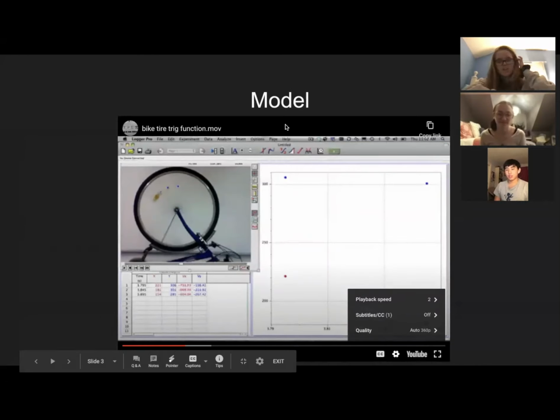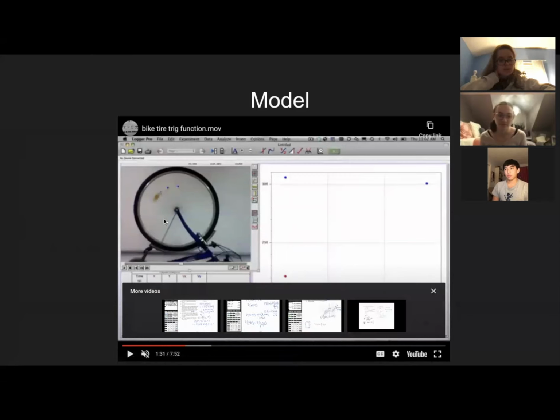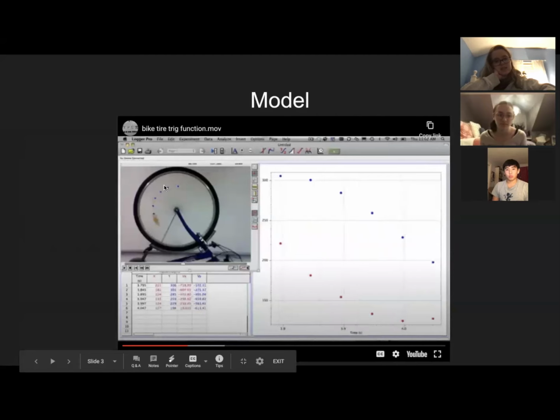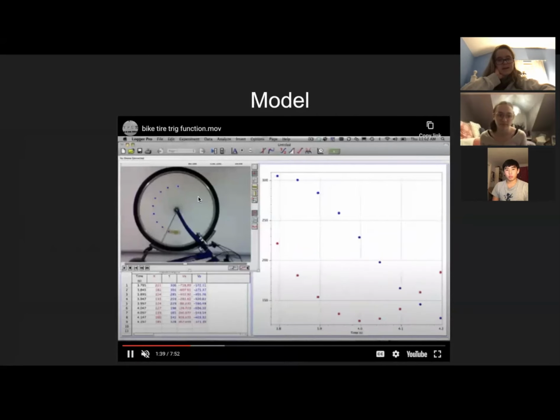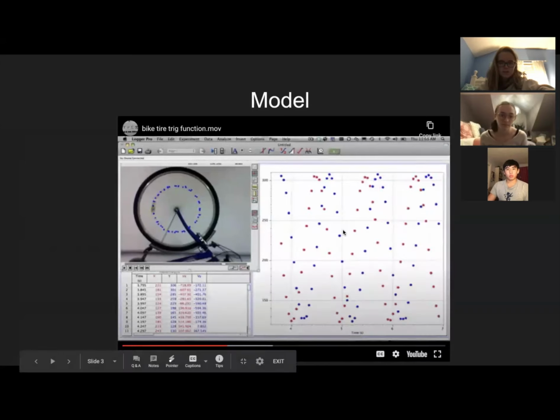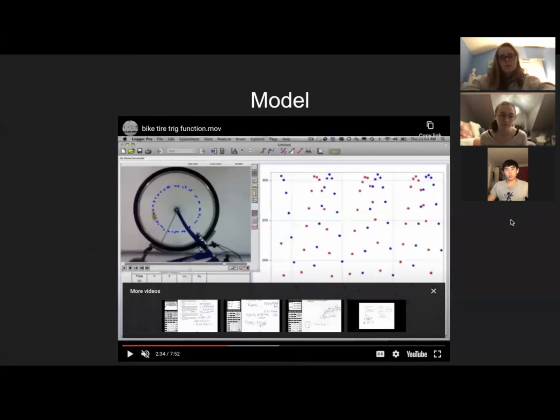So we found this nifty model online of someone doing a similar bike tire trig function, and they have a cool machine that they can use to graph each point as the wheel's moving, following the yellow light. If we watch them do it really fast, he's adding points following this yellow light. And if we look over here, we can see how it's slowly creating a sinusoidal function. And that is basically what we were doing, but we were following a piece of tape on